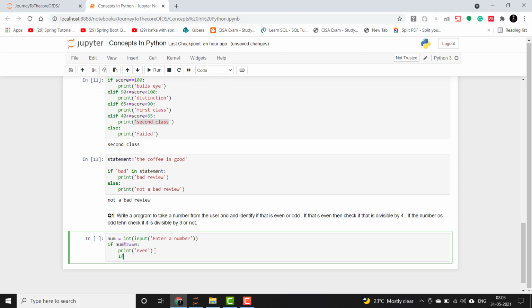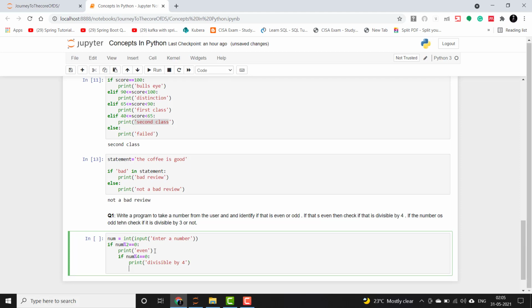Okay, so if that is even, then we need to check if the number is divisible by 4 or not. So if it is completely divisible, we will say print divisible by 4. Okay, or else we'll say print not divisible by 4.